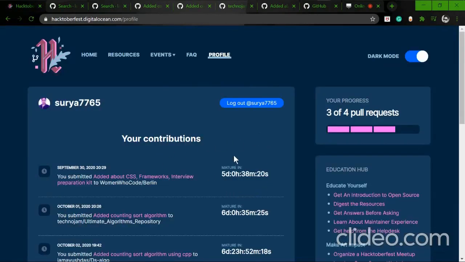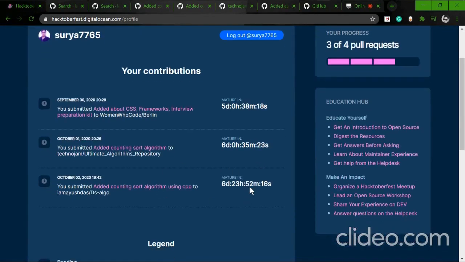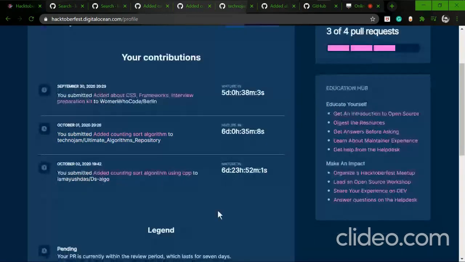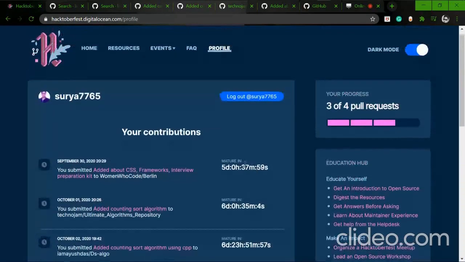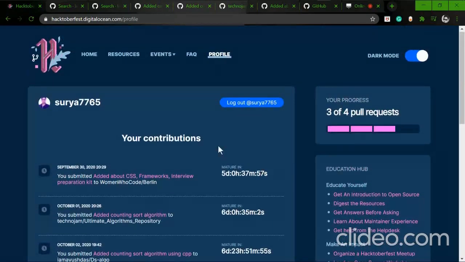Now as you can see here, whatever pull request I have given is added here. I already did two pull requests, and they are still in pending state because it will take 6 days to verify from the Hacktoberfest teams.